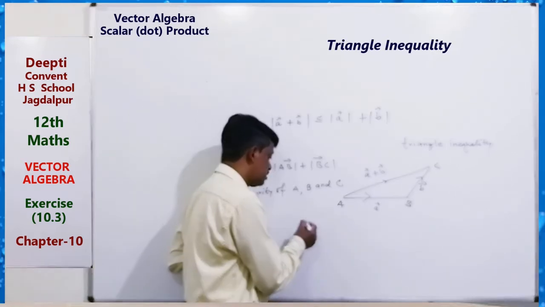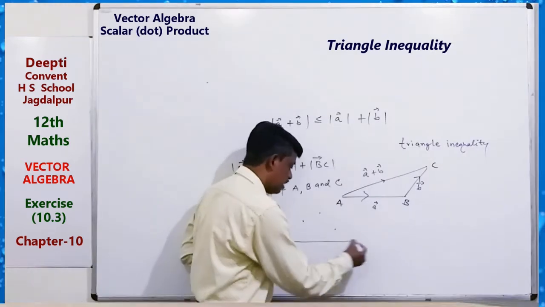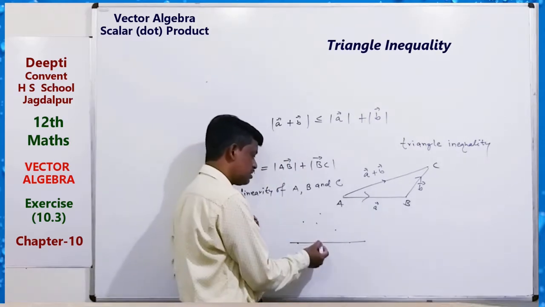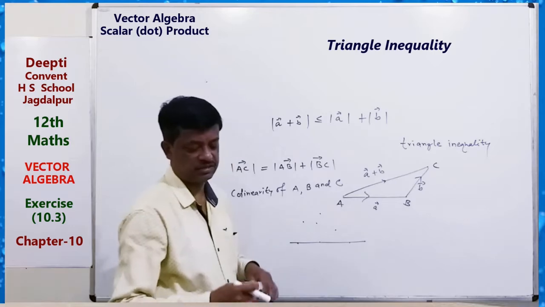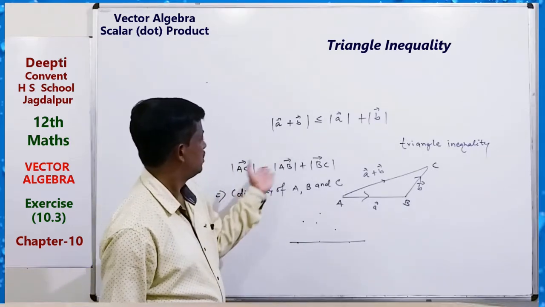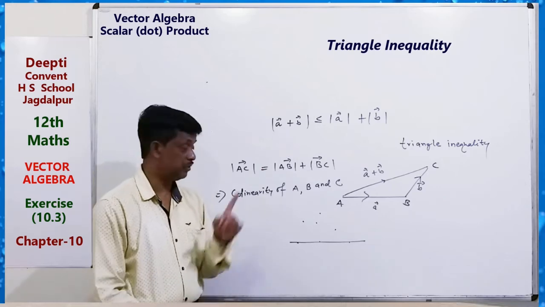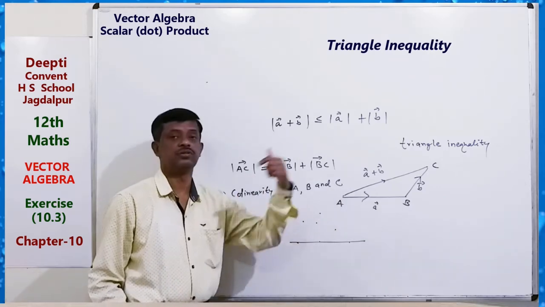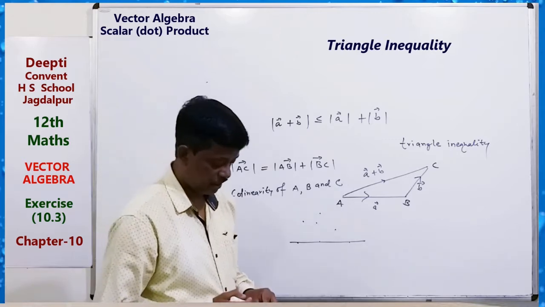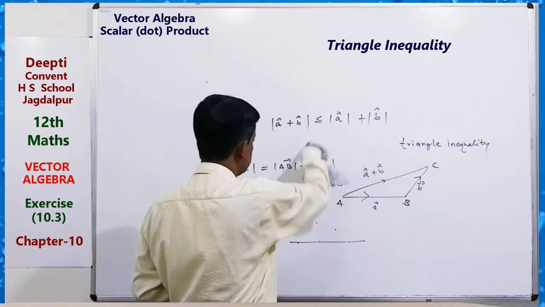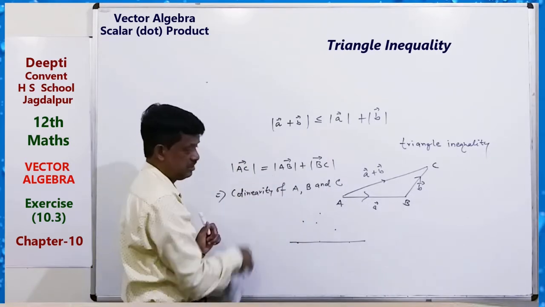Three points are on a line. Two points are always on a line, and the third point is also on this line. For that, suppose A, B, C are the points, then we can get this relation. If we get this relation, then we can say that the points are collinear. Clear? So remember this triangular inequality. Whenever equality holds, then we can take this decision.